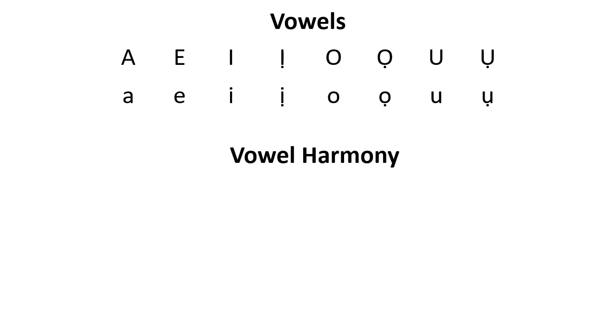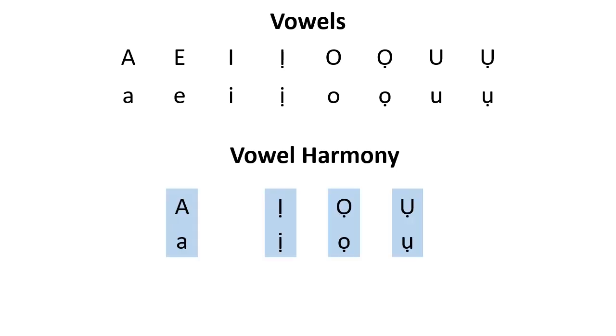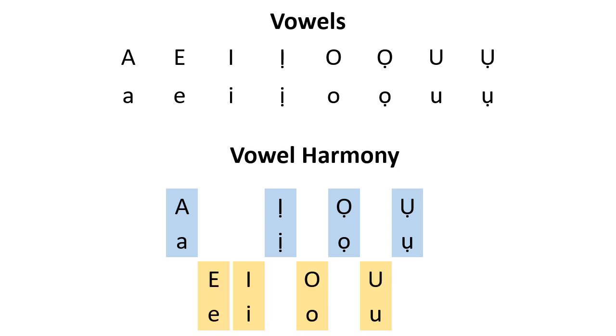In Igbo, there's something called vowel harmony, which means that certain vowels occur together in the same words. The A group includes a, ọ, ụ, and the E group includes i, o, u. So how does it work? In a word that has an a, the I in that word will be the dotted ị,